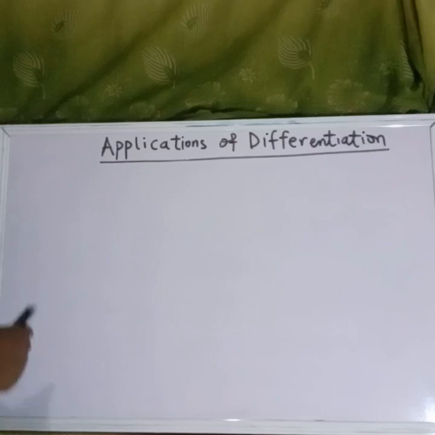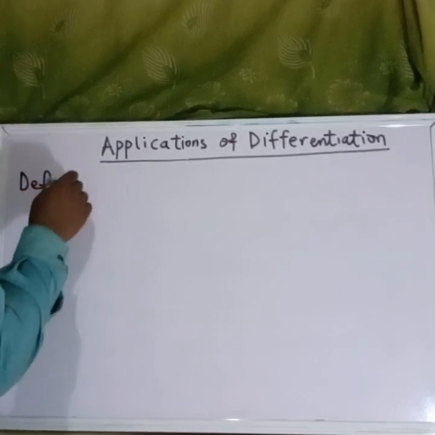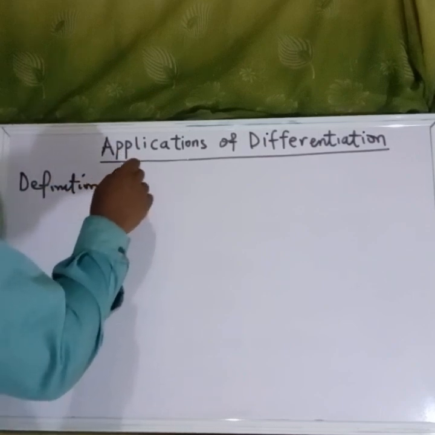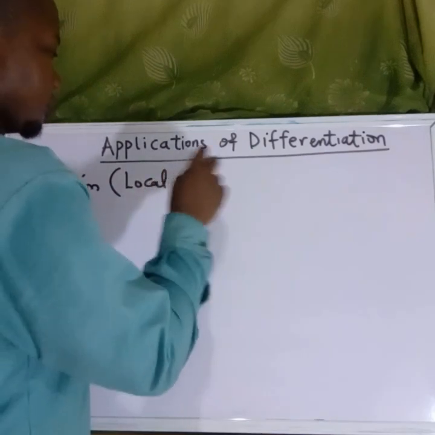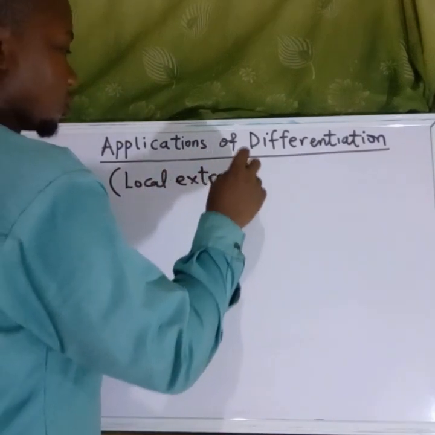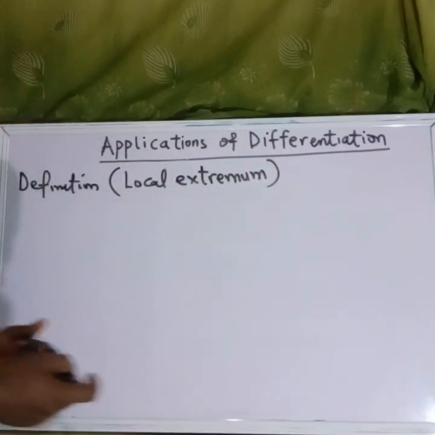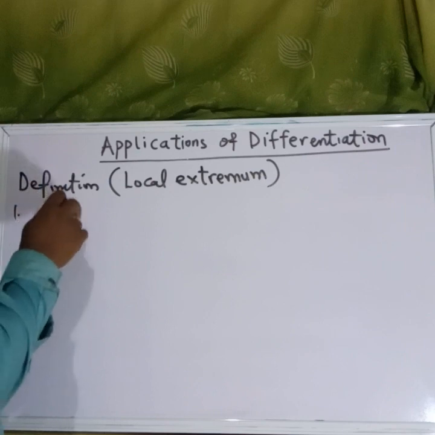So let's call this another definition. In this definition we also talk about the local extremum, because we want to discuss two concepts here. When we say extremum, extremum means either maximum or minimum. So one function